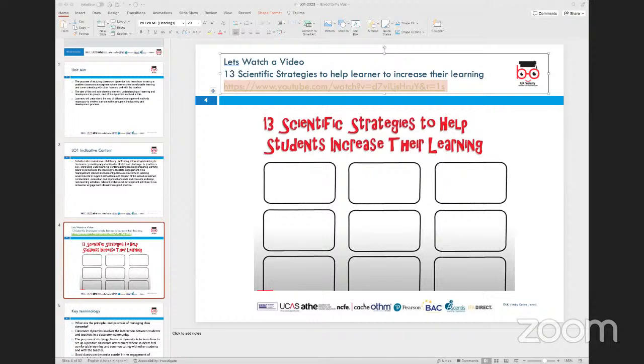So this is the main motive: how do we help the students? For example, as a teacher, my main aim is to create a positive and inclusive learning environment wherein learners in my classroom are able to learn and gain skills or knowledge from what I'm teaching and delivering. So when we look at managing and organizing the classroom in a way that helps students increase and better their learning, we are talking about strategies to manage the classroom more